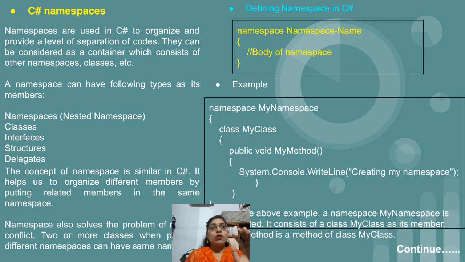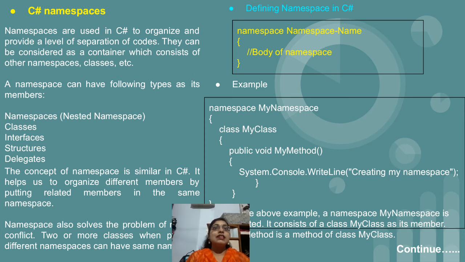So it means we have System as a namespace which contains Console as a class, and that particular Console class contains WriteLine, ReadLine as methods which we are using. So similarly, these are inbuilt namespaces, right? These namespaces are not designed or created by us, but if you want to create a namespace, that is again possible.